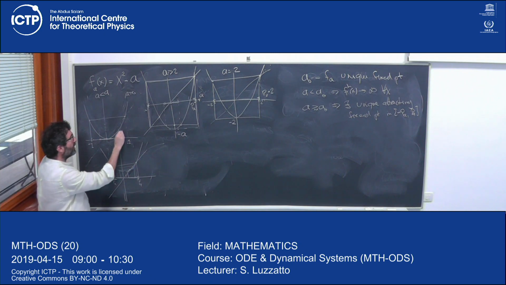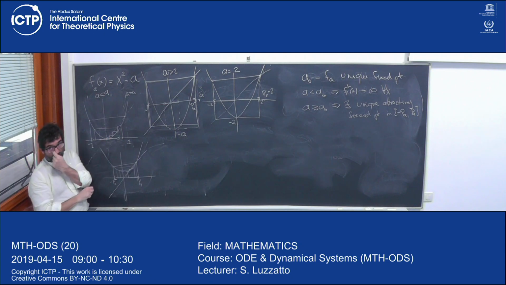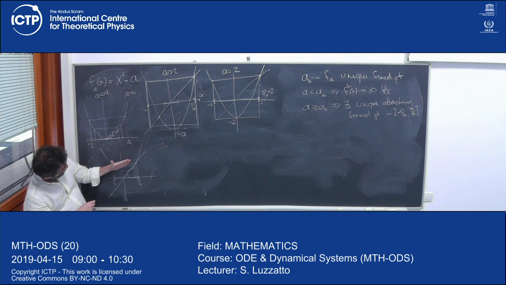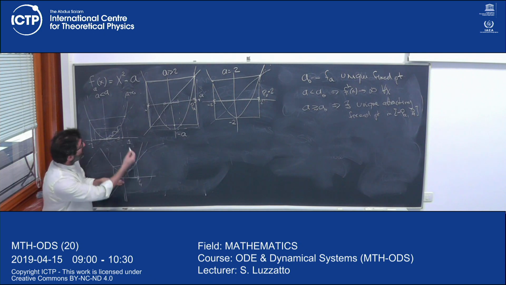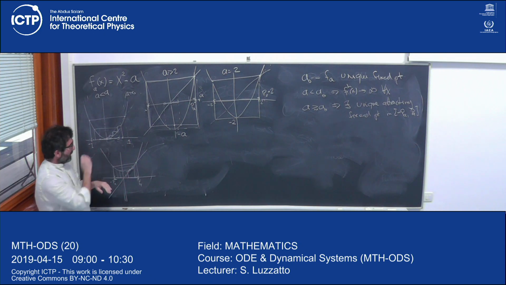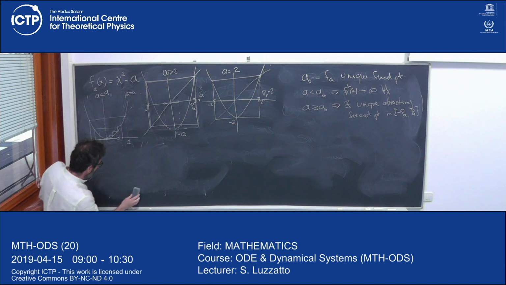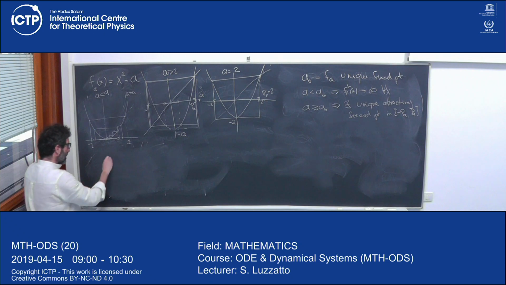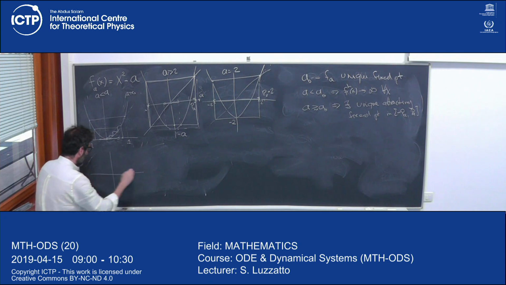Right? So you take a point here, and it just converges to this fixed point. You take a point here, and it maps to here. Right? It maps to here, and then it converges to the fixed point. So there's essentially no difference from here to here. What you're doing is, as you move it down, this point is moving to the right, this point is moving to the left, of course, until here. And what happens when we get past this? So when we get past this, something starts to get interesting. When we get a little bit past this,